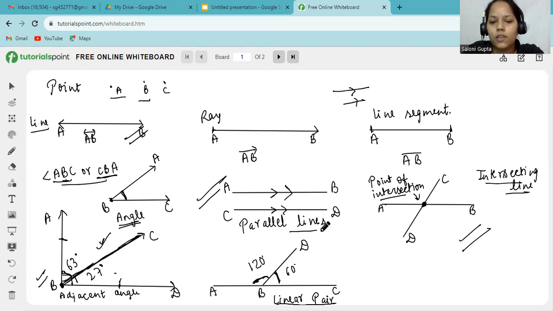Then, as I told you, parallel lines: when the two lines do not intersect each other at any point and the distance between the two lines is equal at every point. So this is an example of what? Parallel lines. Now,